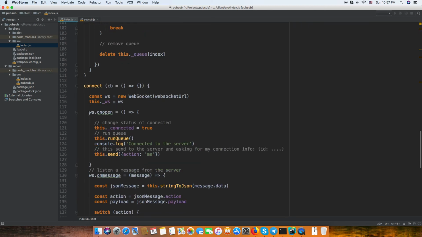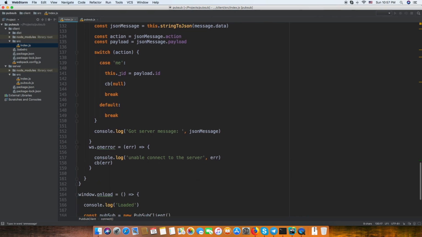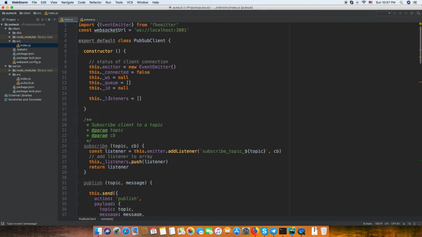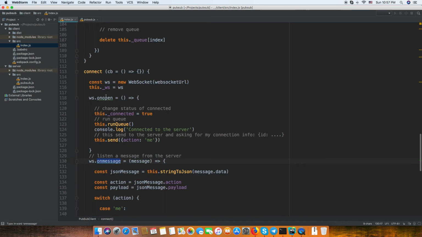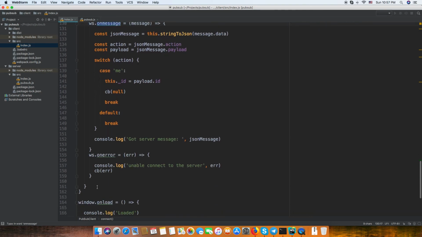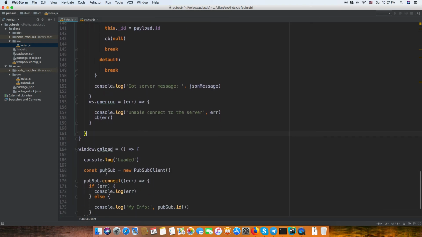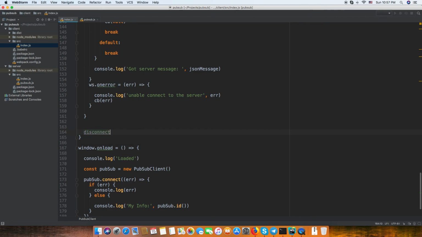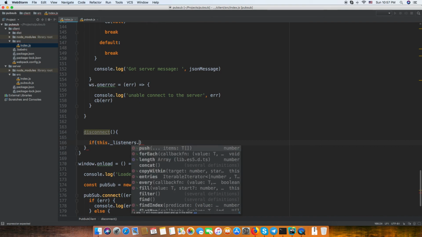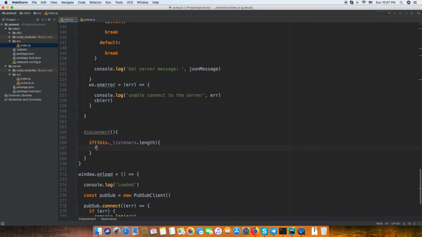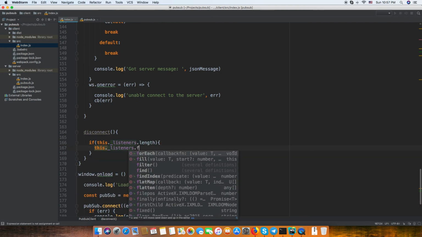And maybe we add a method on disconnect. I'm going to make a new function, disconnect. So we have a function connect, and I'm going to make another function, disconnect. So when we disconnect, we do this dot if this dot listener dot length, we check an array, so we do this dot listener dot forEach